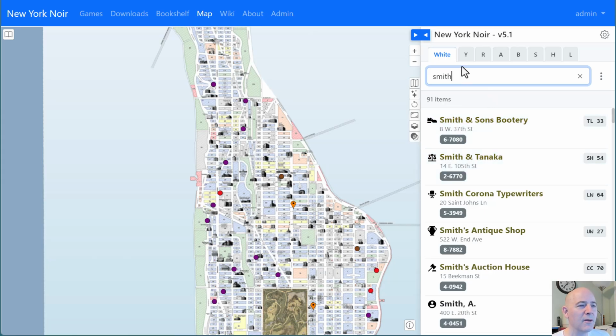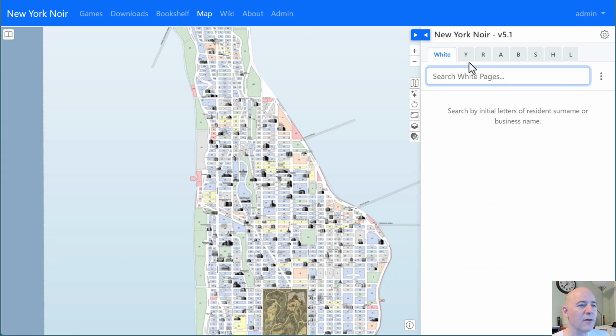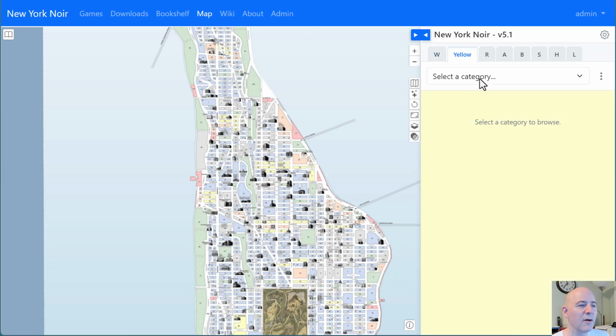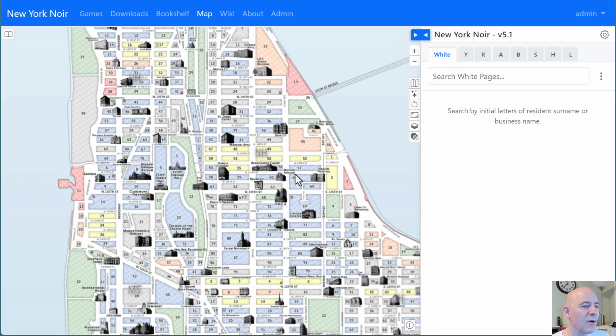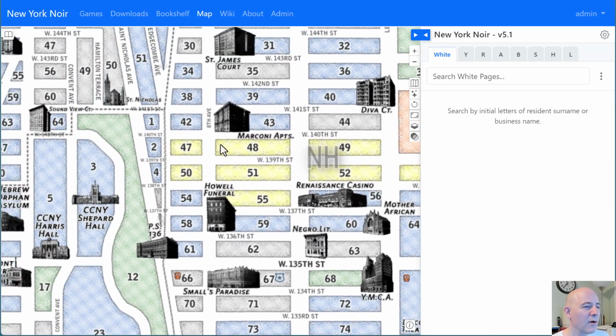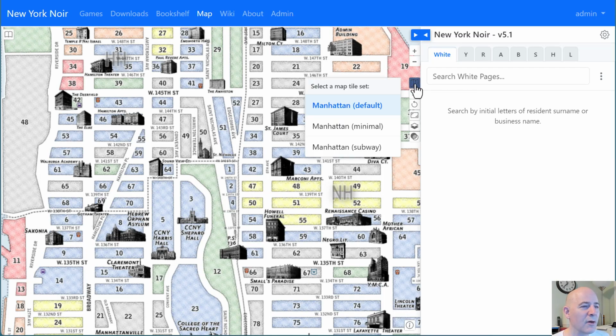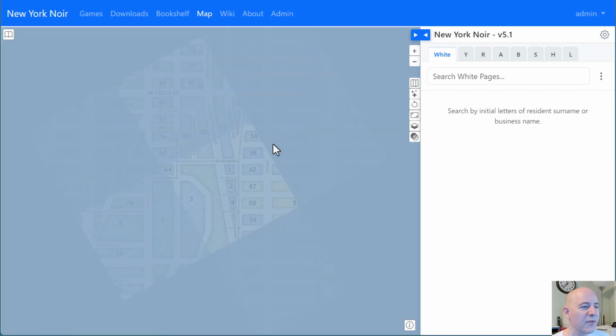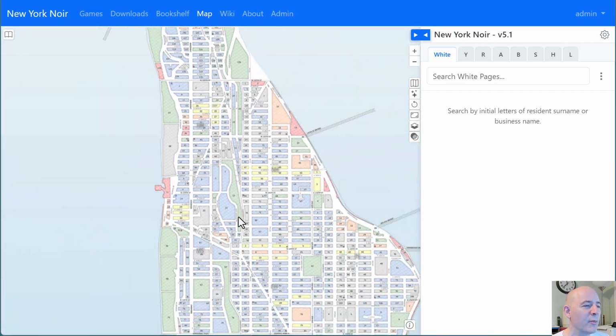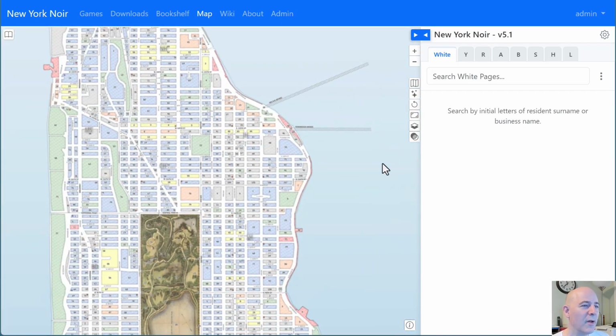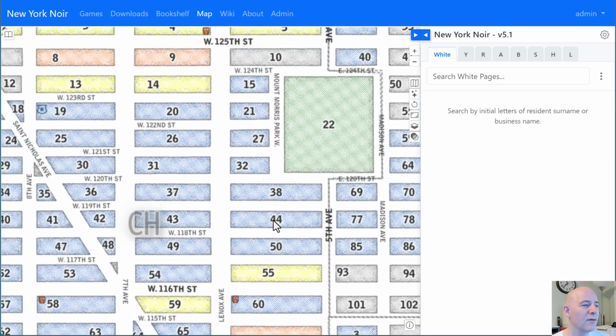So that's the white pages. Yeah, and I can clear this here. Yellow pages here. In fact, I'm going to show you one thing a little bit earlier than I imagined. All of this building art are real buildings in New York City in the 30s or so. But to make it a little simpler, I'm going to switch to a map tile set, which doesn't have the building art. I'll tell you more about these buttons later, but this will just make it easier for us to